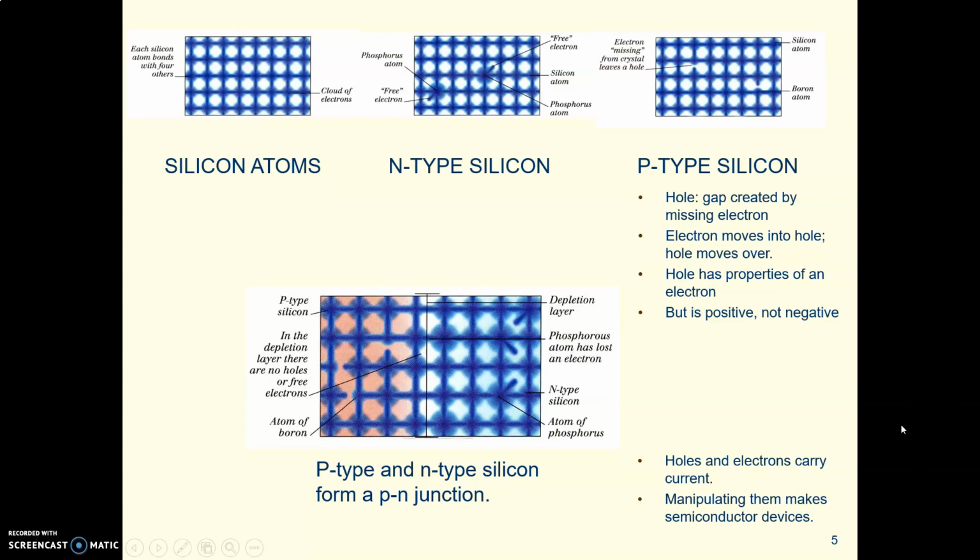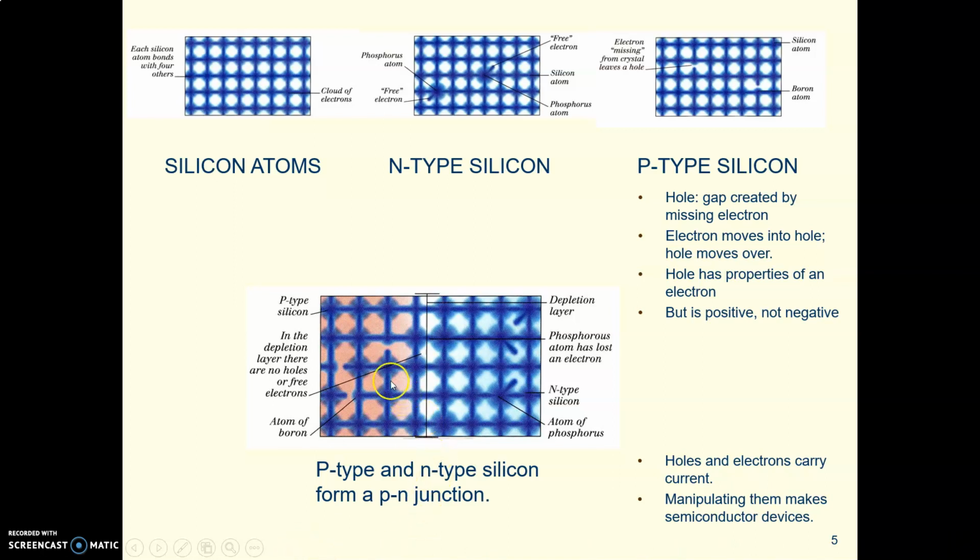In fact, if you want to start a big old discussion with a physicist, just start an argument about whether it's holes that carry current or electrons that carry current, and then just stand back. But anyway, they do. Both holes and electrons carry current,